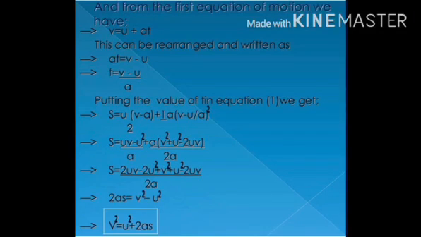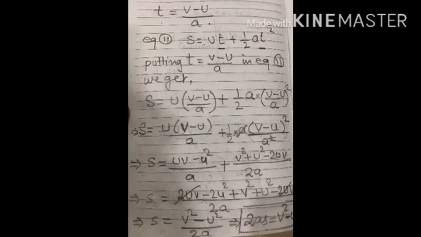Now put the value of t in equation 2. Now t is equal to (v minus u) upon a, and equation 2 is s is equal to ut plus half at square. Putting t is equal to (v minus u) upon a in equation 2, we get s is equal to u bracket (v minus u) upon a plus half multiplied by ((v minus u) upon a) whole square,